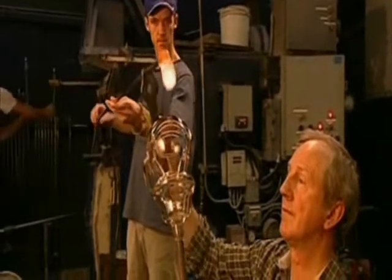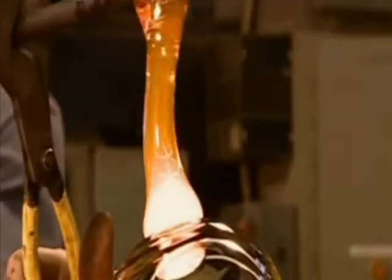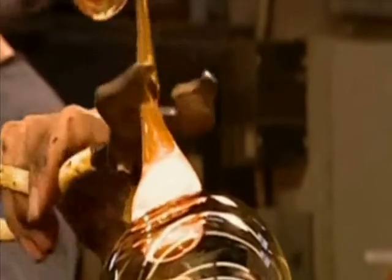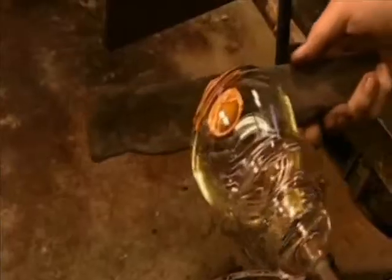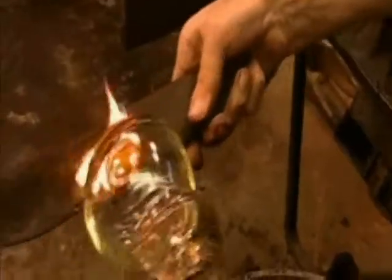After cooling the ball for 1 minute, another craftsman called a stemmer adds another gather to create the stem of the wine glass. He clips the gather with heat-resistant scissors. He uses a wooden divider to shape the stem area and a metal divider to stretch the gather into the